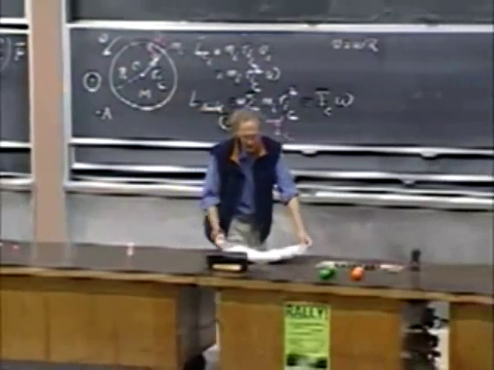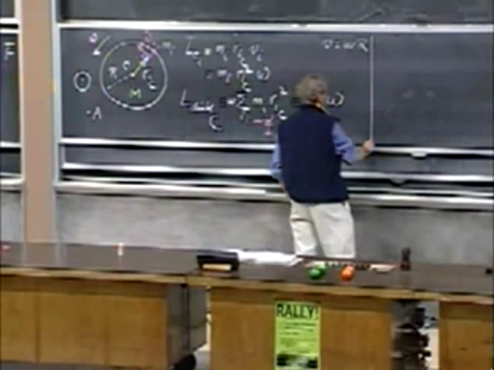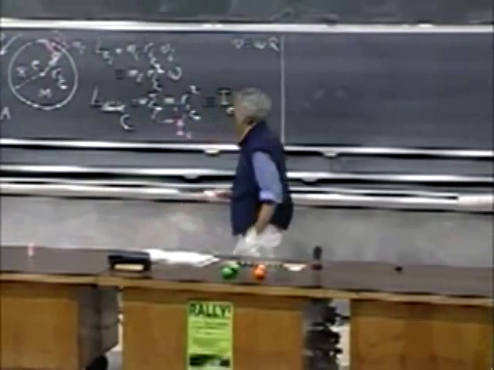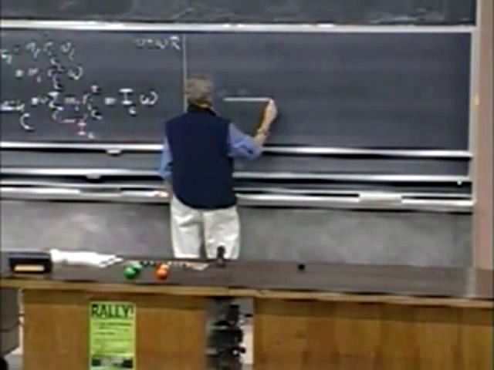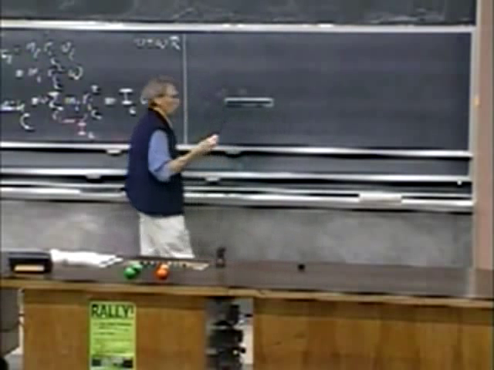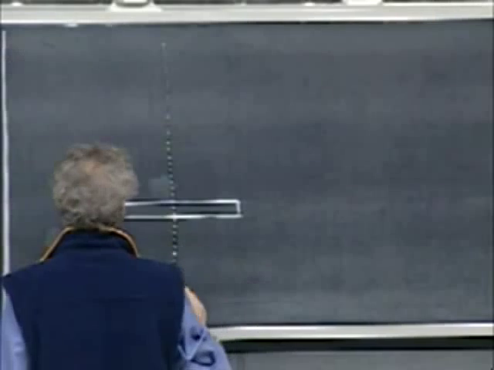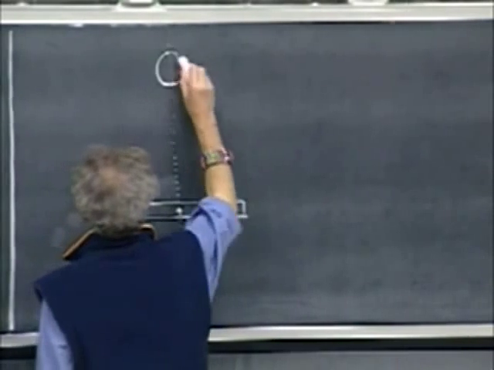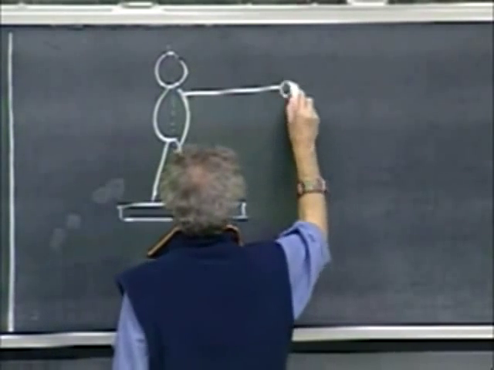I'm going to do a daredevil experiment with you, and that is called Ice Skater's Delight. You will see that it is not a delight at all, but in any case, it is definitely a fun experiment. I have here a turntable, very little friction, and I'm going to rotate the turntable about the center, and I'm going to stand on that turntable, and I will hold in my hand